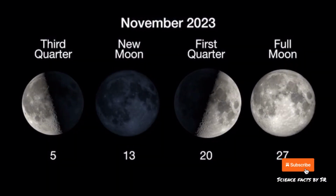Here are the phases of the moon for November. Stay up to